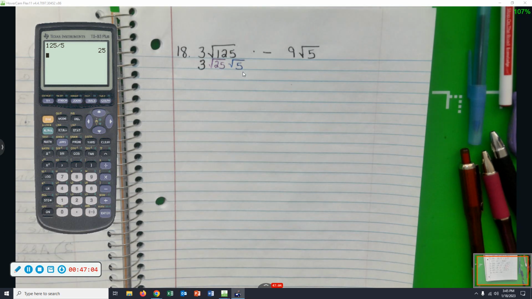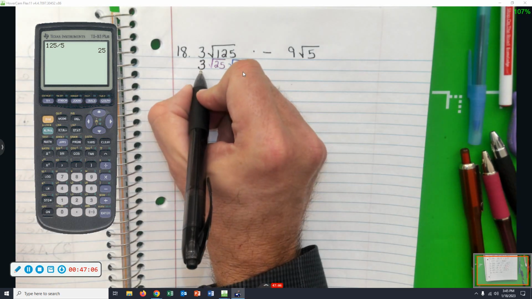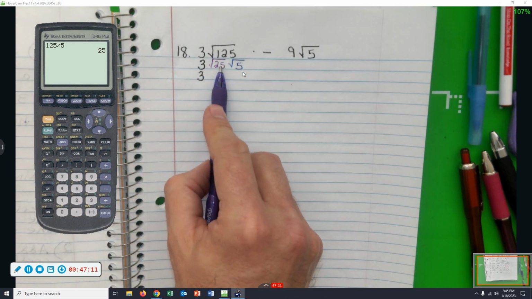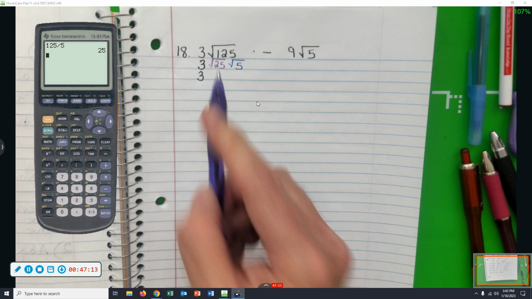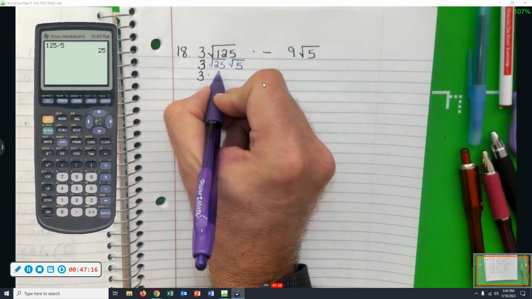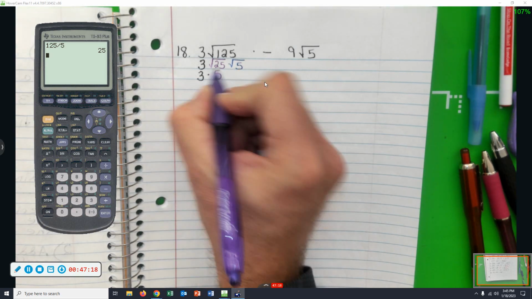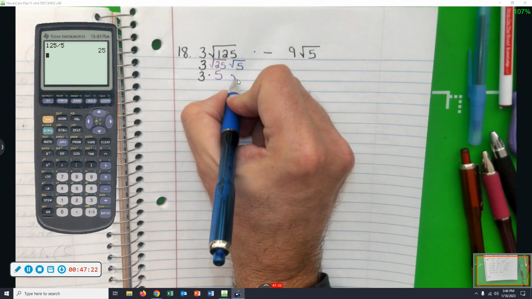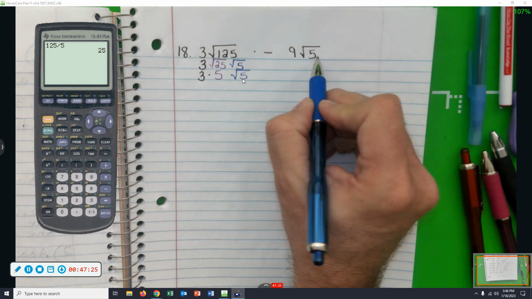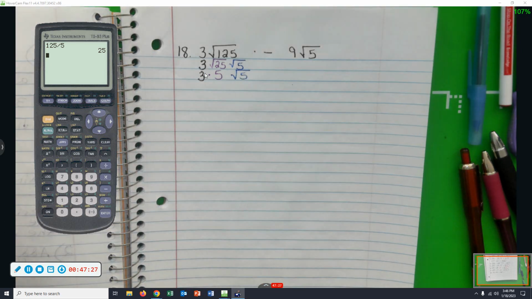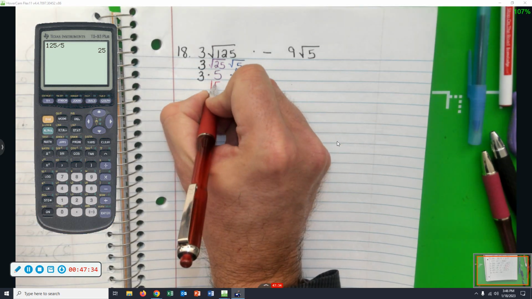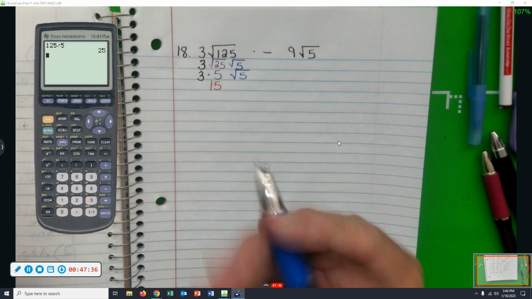I think circling it would make it messier. Yeah. So I'll carry down the black 3. This is a purple square root of 25. What am I going to write there? A purple 5. And now that square root of 25, that square root of 5, we can't simplify, which is sort of a good thing, because that's what we have right here. And this 3 times 5, what'd you say that's going to be? 15. So here's what problem number 18 is. It's 15 square root of 5